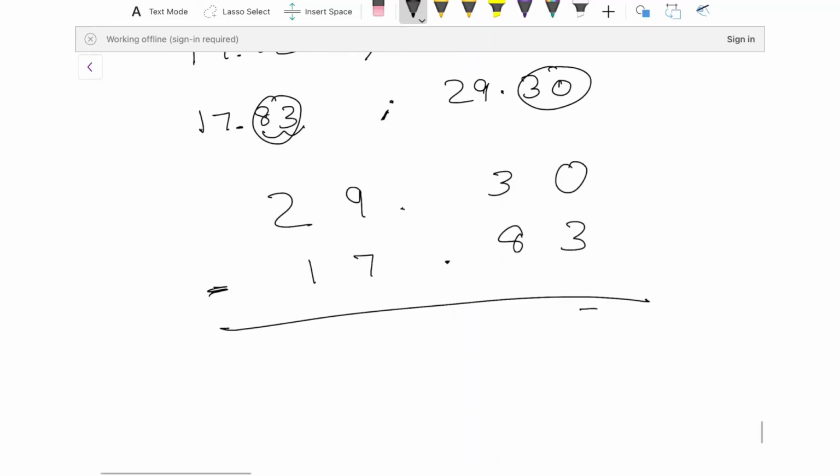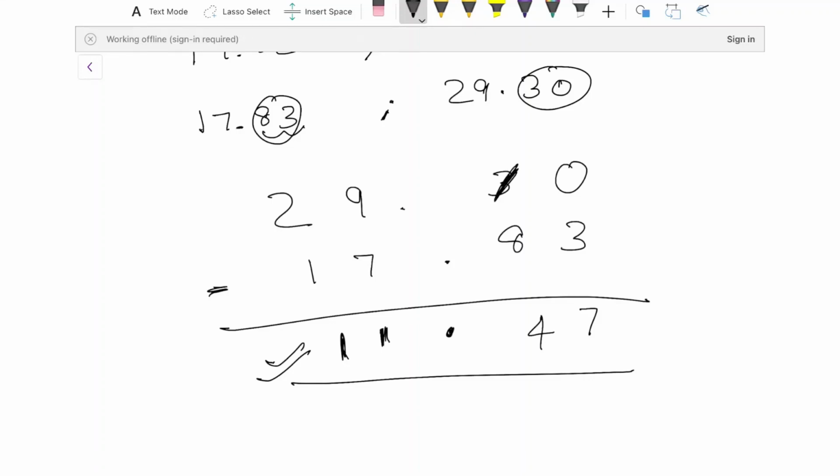This becomes 7, here it becomes 4, decimal point comes down as it is, this becomes 1, and this becomes 1, 11.47. All right, you know the regular subtraction, right? Here 0 minus 3, you cannot do 0 minus 3, so it borrows 1 from here, and this becomes 2. So 10 minus 3 is 7. Again here you cannot do 2 minus 8, so it gives away 1. Now 12 minus 8 is 4, and then you bring the decimal point as it is. 8 minus 7 is 1, and 2 minus 1 is 1. That's how you get it as 11.47.